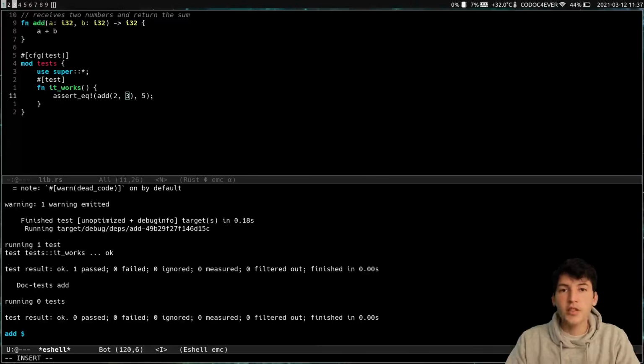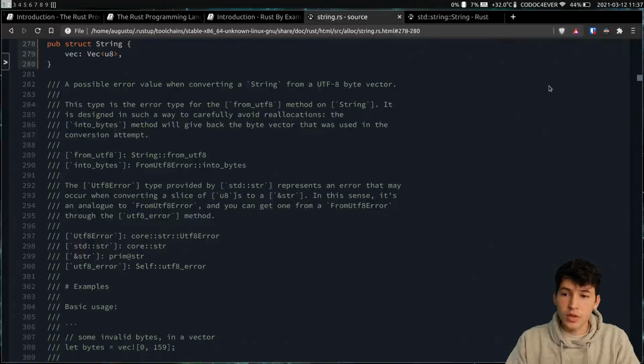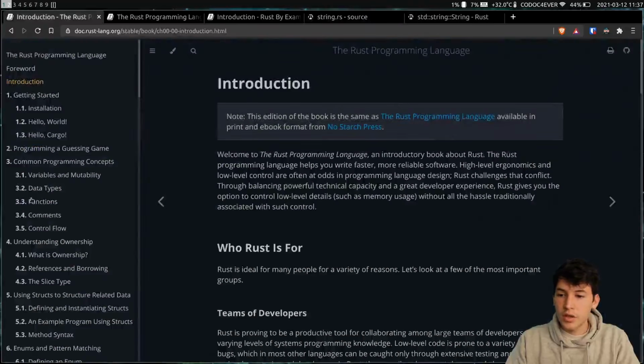So that's it for learning how to check, run, and test our code and what you should submit for each kind of exercise. Now for this quest, I'm going to give you the recommended readings. You should read from the beginning of the book until chapter 3.